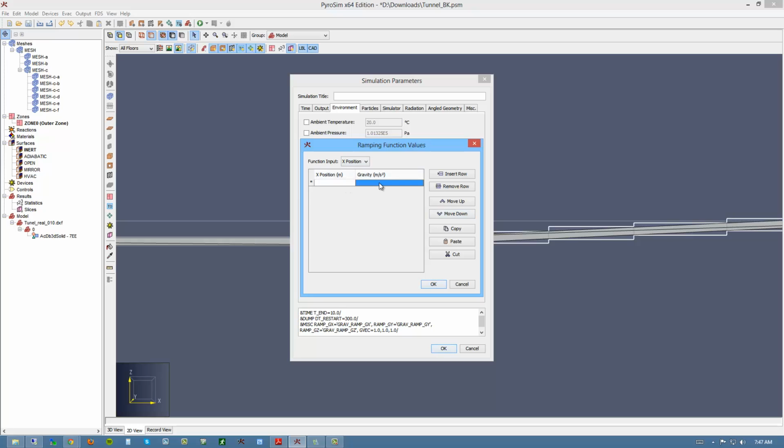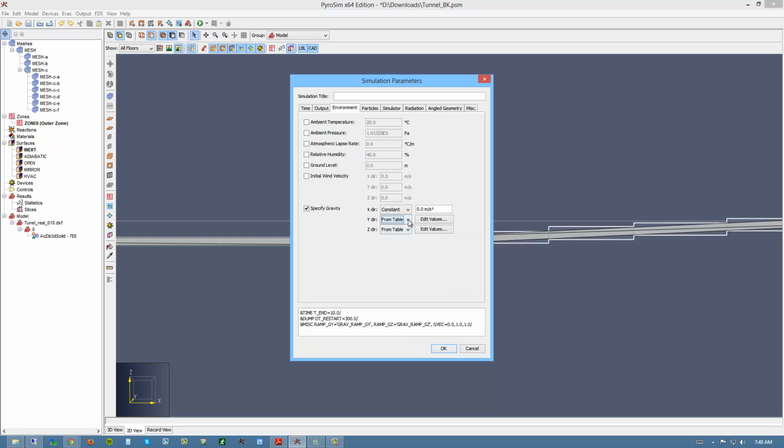So along the x, the gravities, your y would be constant, and your x and z, which would be a constant at 0. But your x and z directions, as you move along the x-axis, your z and your x magnitudes would change to match your angles here. So this is how you specify that